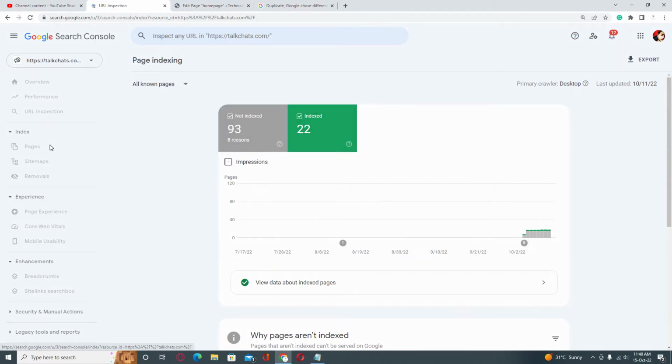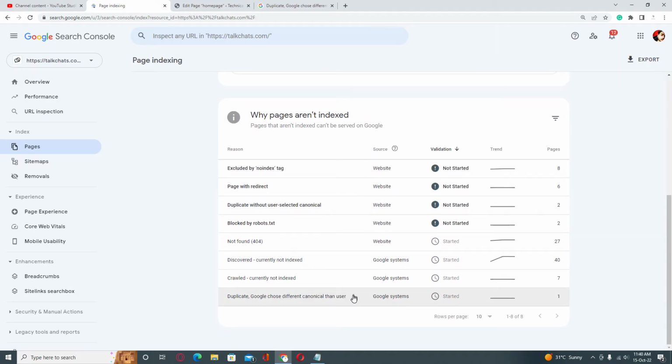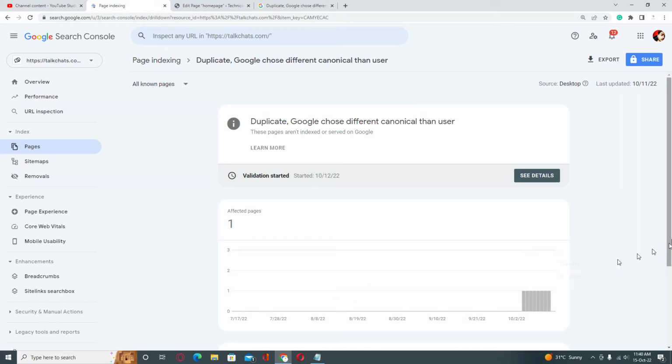You need to go back into pages, and here you need to click on this error, and here you will see that validate fix button. I have already started the validation process, but you will see a validate fix button, you need to click on it and you will see the same text like this: validation started, the date and everything. So within 1 to 2 weeks Google will reply, because after the recent update of Google Search Console, it became a little slow and their crawlers are performing very slowly. So you need to wait, and